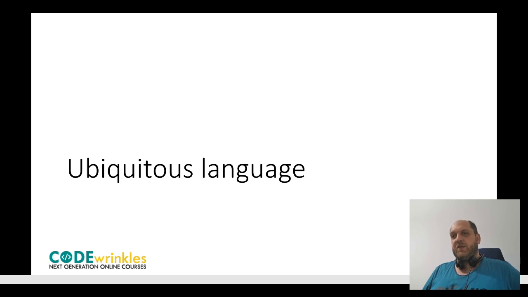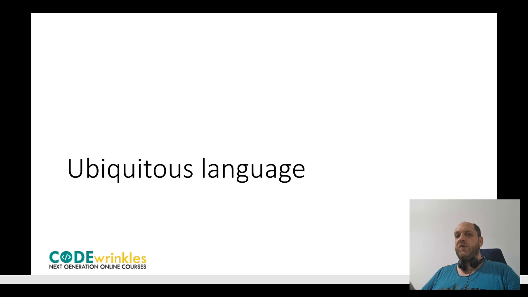Then the next topic that is very, very important, and I like this topic a lot when I first started to read about it, is ubiquitous language. As I stated earlier, when it comes to domain-driven design, a key point is that in the team that develops that application, there are developers, but there are also non-technical persons, usually the domain experts, but also maybe some other stakeholders that hold some stakes in that specific project. And in all the meetings where we discuss what we need to do, what problems we need to solve,